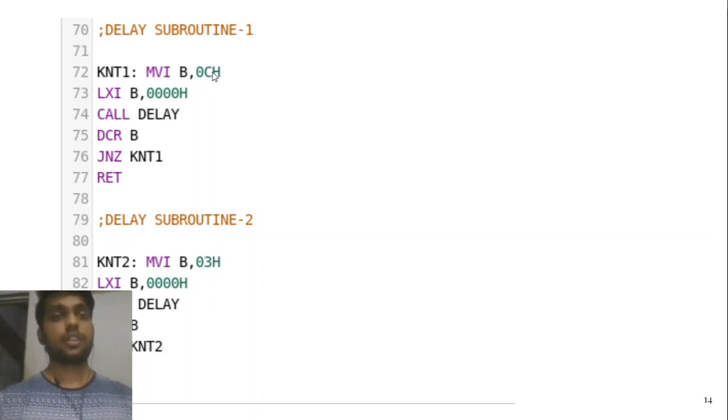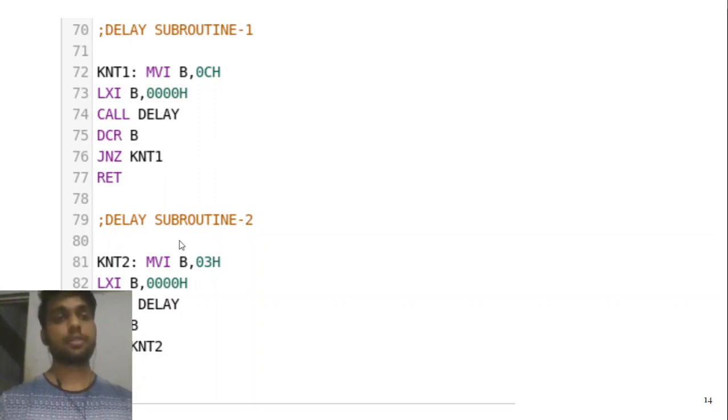So B is initialized with the value 0C, and with each iteration B is decremented, and when the count reaches 0, the subroutine is exited. Covering all these 0C iterations takes approximately 0.5 second, and as I said, this time was calculated using the frequency of the microprocessor.